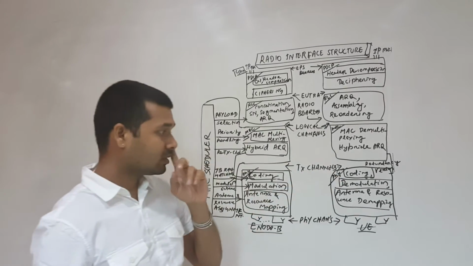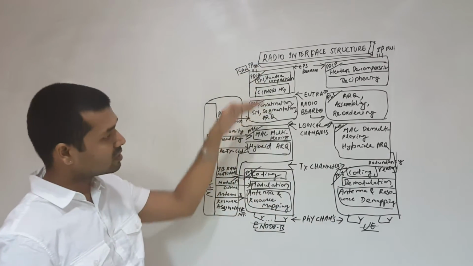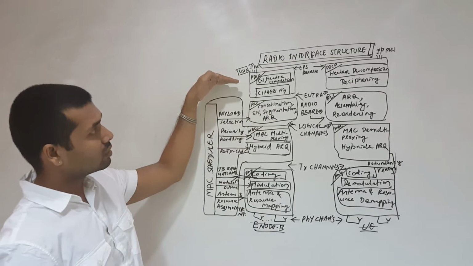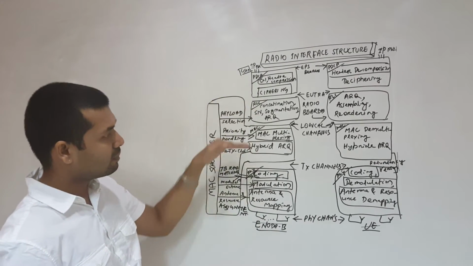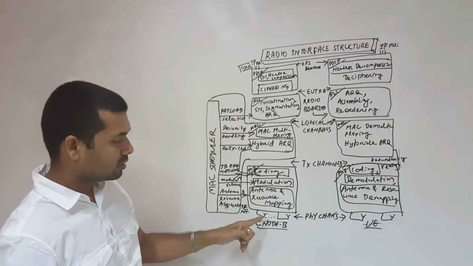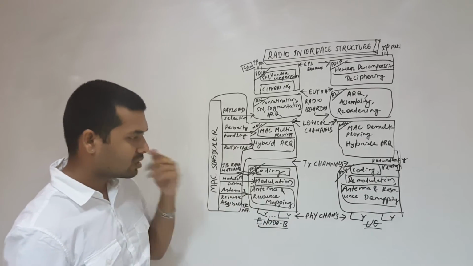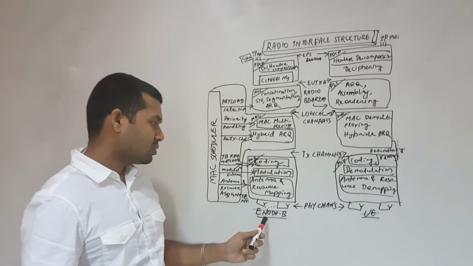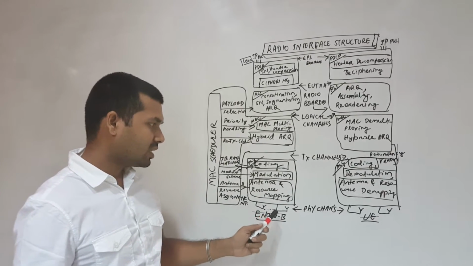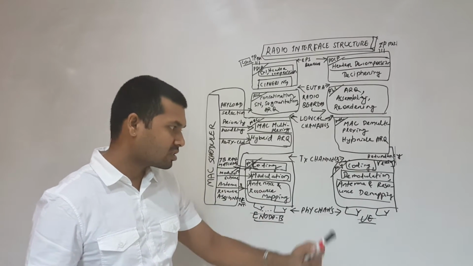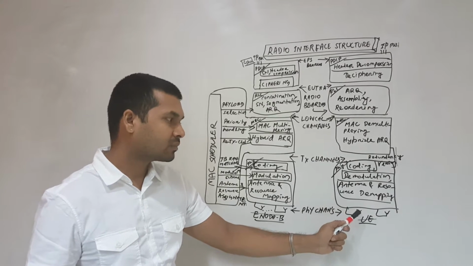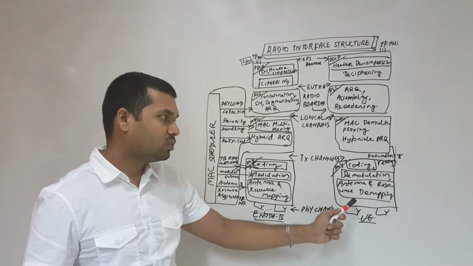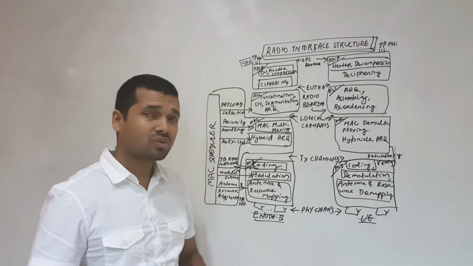At the other end, like in the UE, when this is the transmitting end, so PDCP, RLC, MAC, physical layer, then we transmit. These are the antennas. I have not drawn a great picture, but for your understanding it is okay. So in the eNode B, this is the transmitting antenna. In the physical channels, this is the receiving end, the UE. This is the UE antenna.